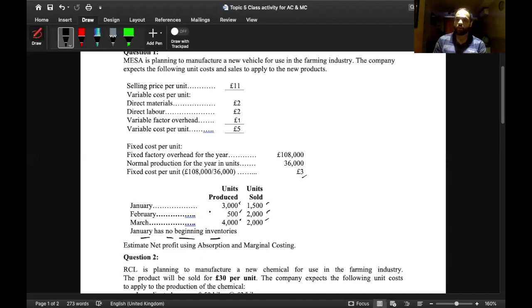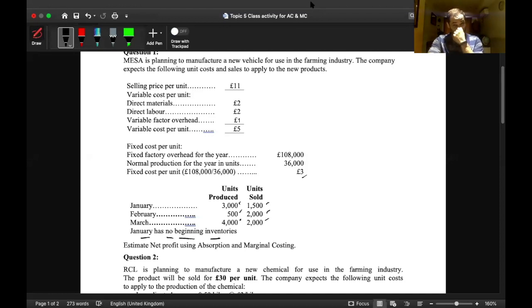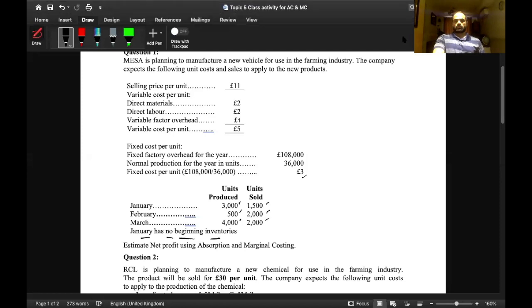And how much is closing? How much is a closing inventory? 1,500. So opening plus produce less closing, it's your cost of goods sold,